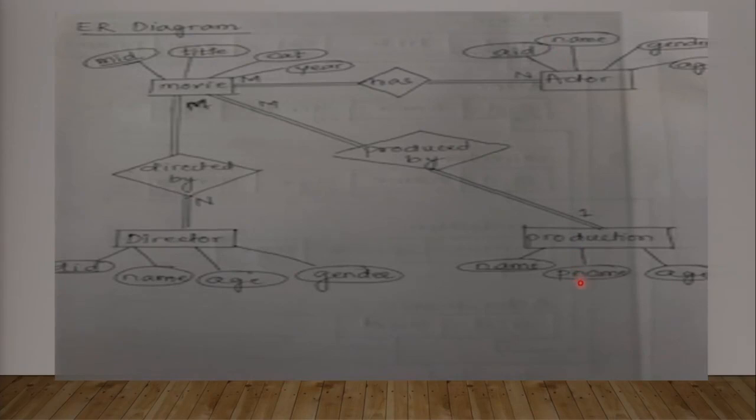And which three tables are going to be in consideration for this particular query? Definitely the actor table will be in consideration, which is not directly related to production. As you can see in the figure, actor is related to movies via this relationship table. And how to build the relation using the relationship table?